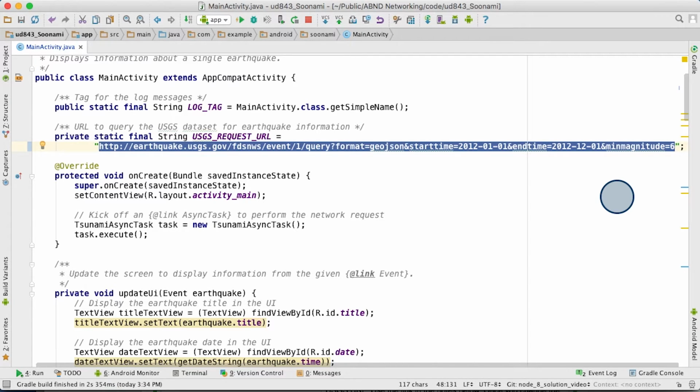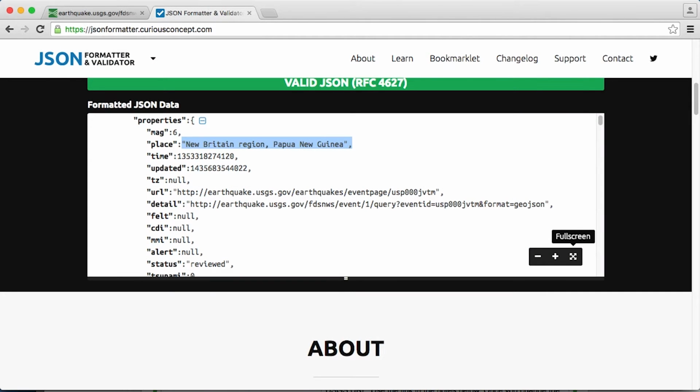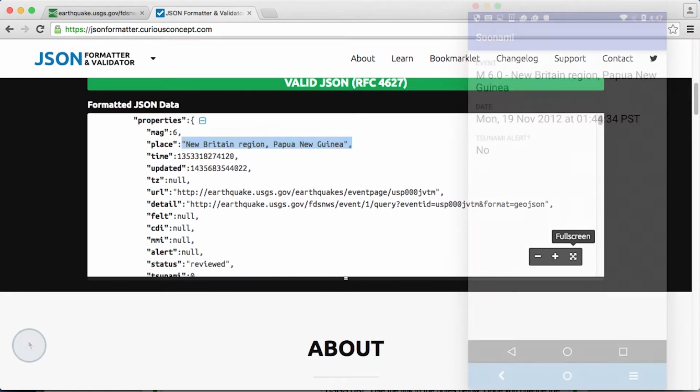If you copy and paste this URL into your browser, you can verify that it returns a list of earthquakes back in JSON. All right, so as you can see, we have a really large JSON response. So let's go ahead and make it a little bit more human readable by putting it into a formatter. The first earthquake in the list is the one located in Papua New Guinea, which is also what shows up